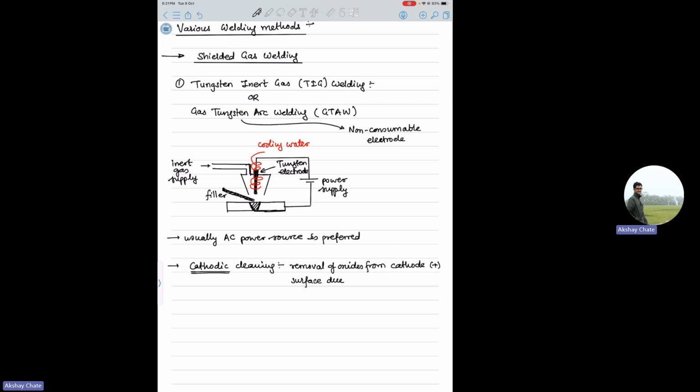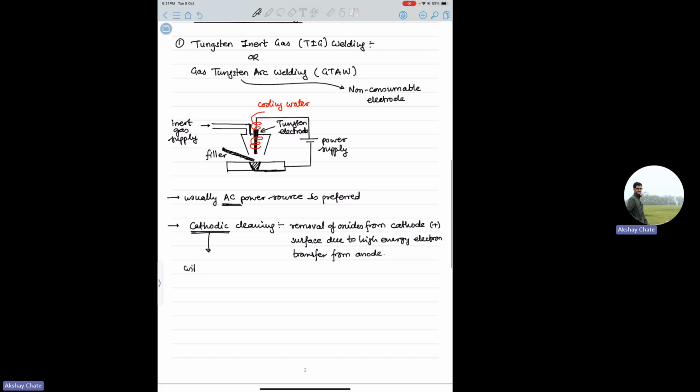due to high energy electron transfer from anode. Okay, so basically what happens, electrons bombard on the cathode, and if there are any oxide formations, etc., they usually tend to get cleaned because of this. So when you use an AC power source, you get